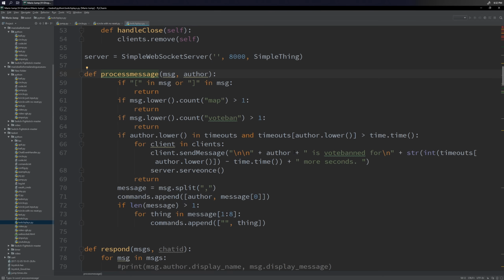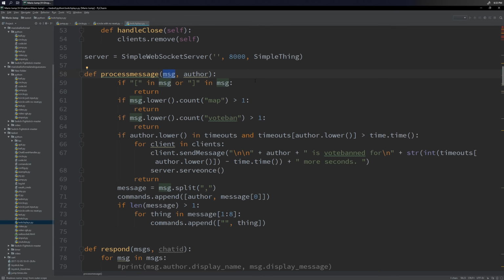This script is taking commands from three different services: YouTube, Mixer, and technically Twitch. We don't care about the minutia of how those services actually work. All we care about is the actual message itself and its author. We've got other methods elsewhere that process those different services individually: something handling YouTube inputs, something handling Mixer inputs, and something handling Twitch inputs. All of those feed into this process message method, and it just trims all the fat.